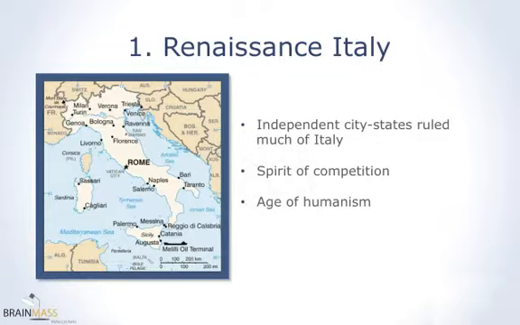Before we begin talking about the art of the Renaissance, I want to point out a few things about Italy in general. Here we're looking at a map of Italy which shows some of the major cities. You can see Rome in the very center of the map. Directly to the north along the Adriatic Sea is the great city of Venice. In the northwestern part of Italy, near the French border, are cities such as Genoa, Milan, and Turin.